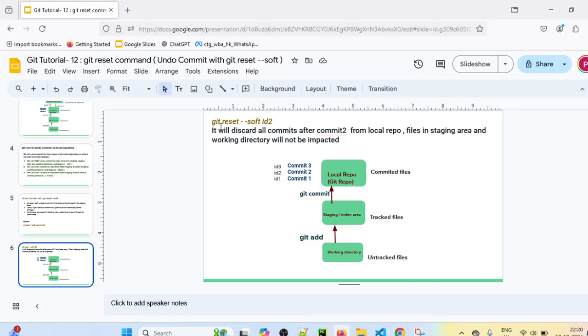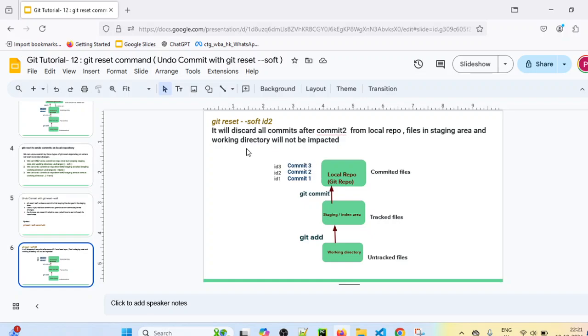And in this example, if I want to revoke this commit 3, which is the latest one, I don't want this commit 3 to happen. Once I have already made commit 3, I want to revoke it.